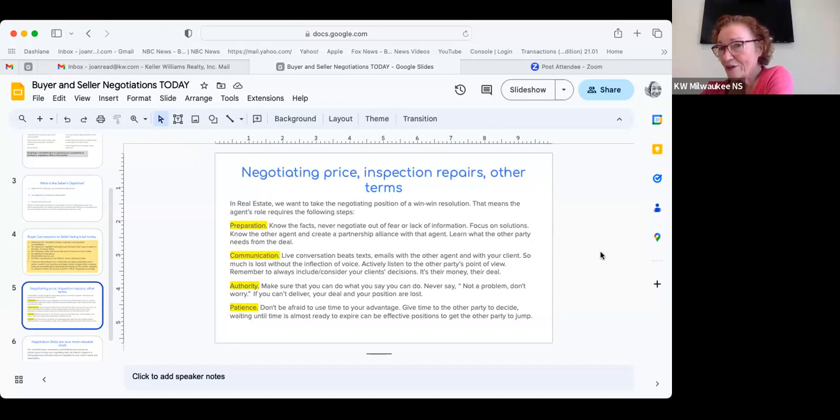Sometimes some buyers think that this is another way to renegotiate price. If you're working with a buyer as a buyer's agent and you see that that's their goal, try to discourage them from that. It should be truly about the defects and seeing if the defects can be cured or fixed. Either the seller can do them or the seller and the buyer can negotiate some kind of a middle ground where the costs are split or things can be repaired instead of replaced.